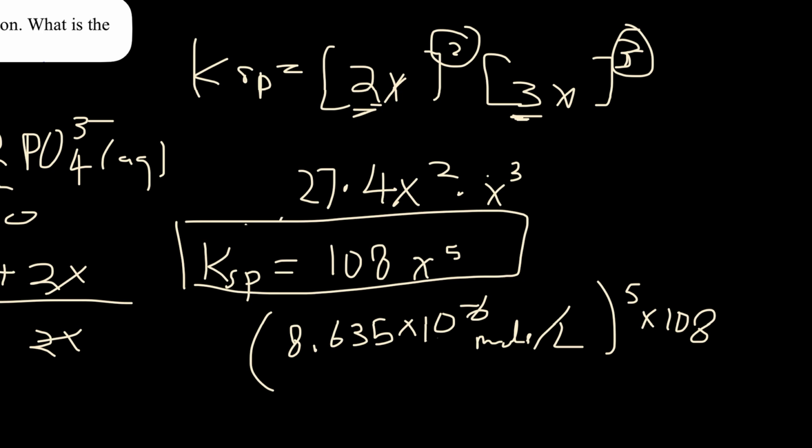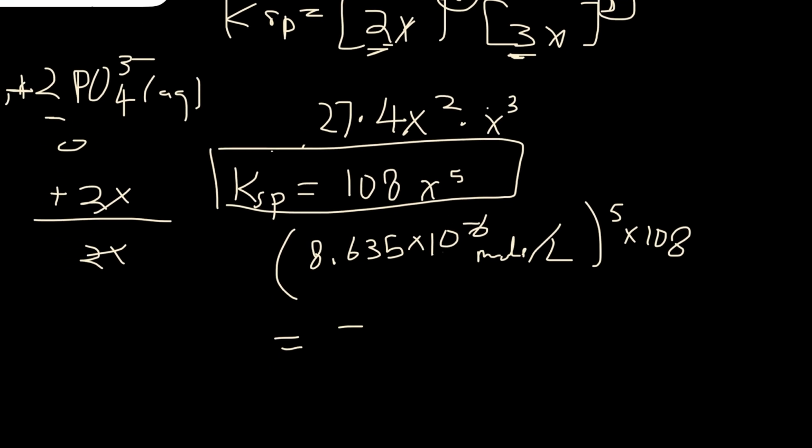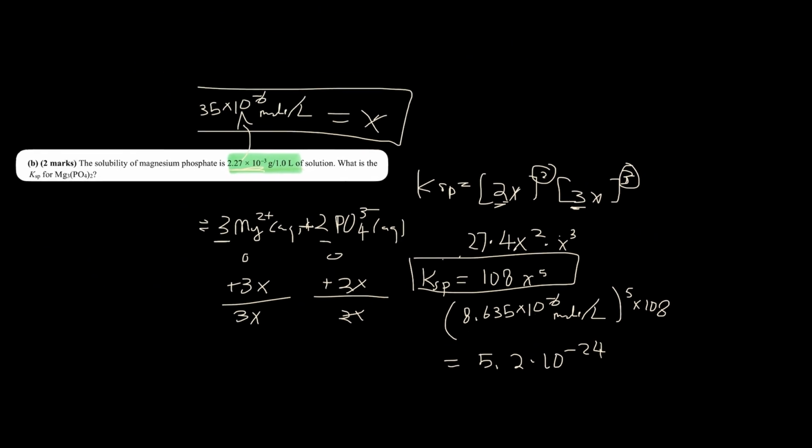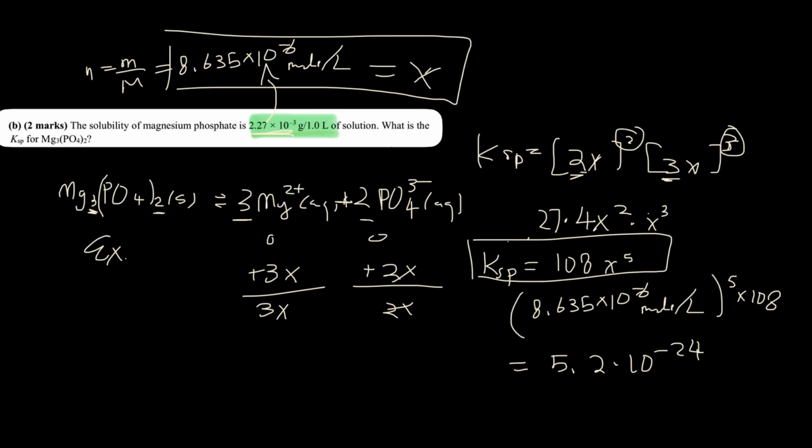Okay, now we punch it into a calculator to the power of 5, and that will give us a KSP of 5.2 times 10 to the negative 24. And there you go. Be very careful when you get to this question, especially this part. Don't forget the 3x, the 2x,